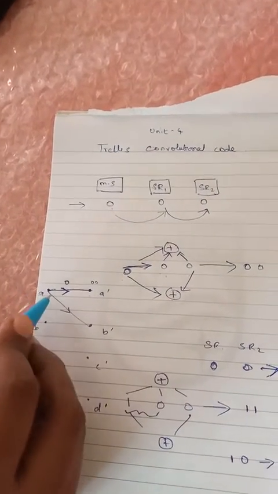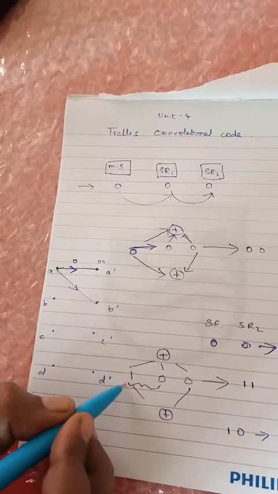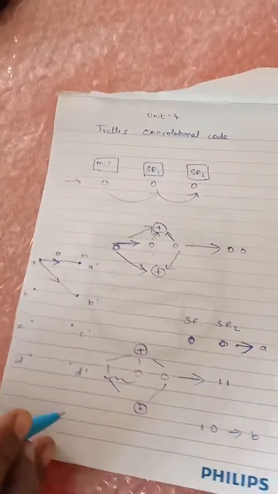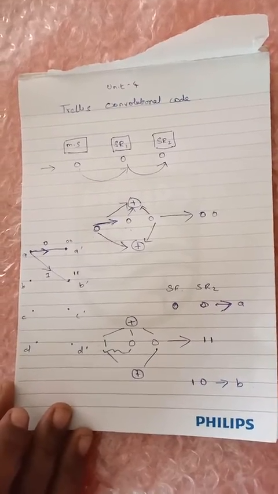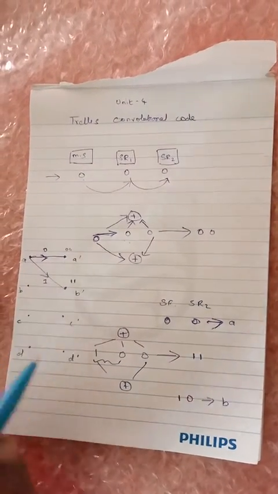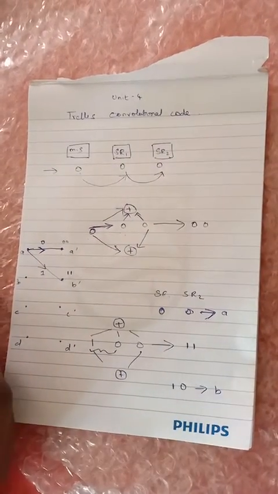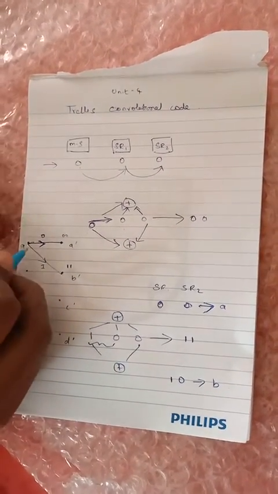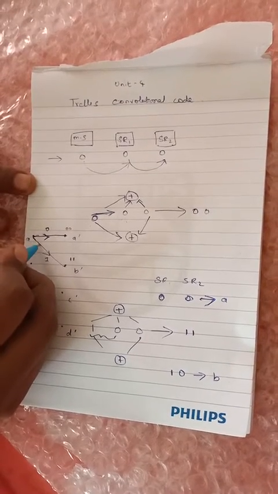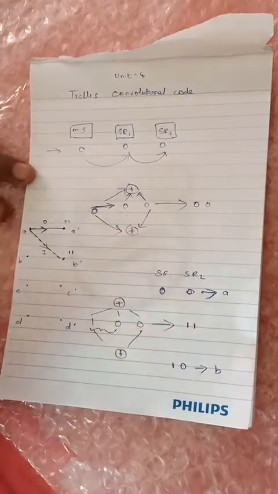So now, as I told you, from A state it goes on to the B state when the incoming bit is going to be 1. So now the output value is going to be... so as I told you, A will go on to B state when the incoming bit is going to be 1 and your output value is 1 1. So here when the incoming bit is going to be 1, you should give a dashed line. Sorry, I have given here as a straight line, but it should be a dashed line.